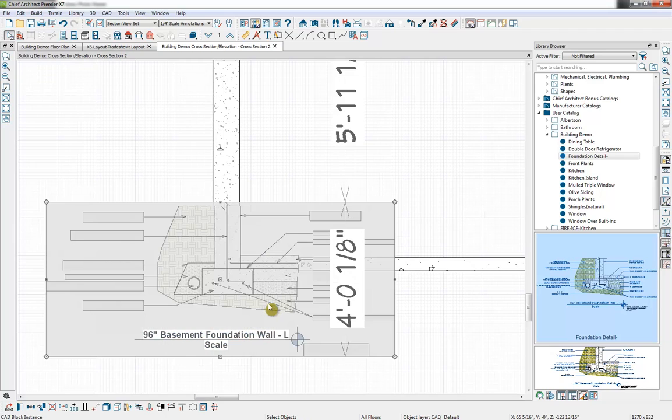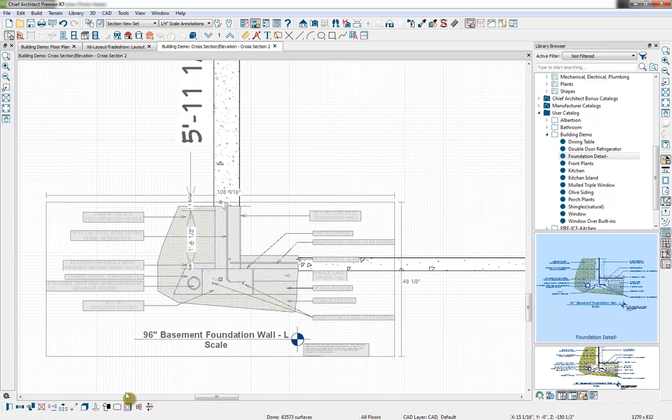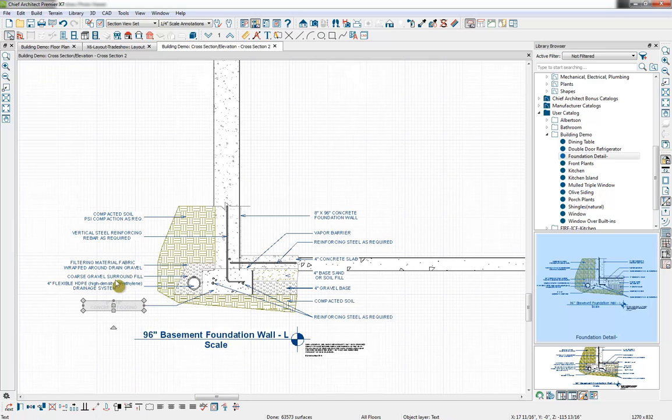We can also single click on that CAD block, explode it, just like our architectural blocks. We can explode that so we can modify each individual component and edit that. You can also create your own, block it together, add it to your library for your own resources for the future. So I want to show you a little bit more complete plan sets that have been created within Chief